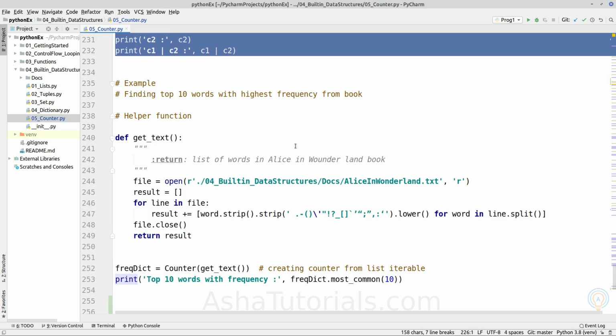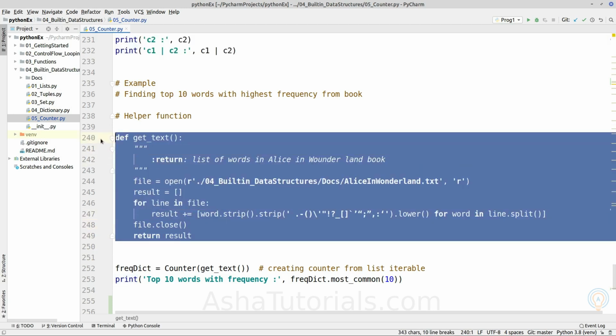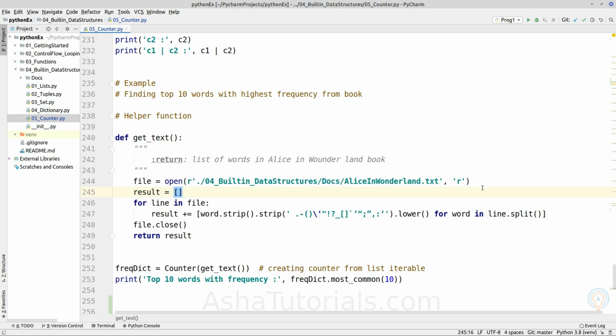Now let's see a practical example of how the counter object can be applied in an application. This is a helper function which returns the list of words for a given book. For this book, it will return each and every word as a list, so the list will contain repetitive words.